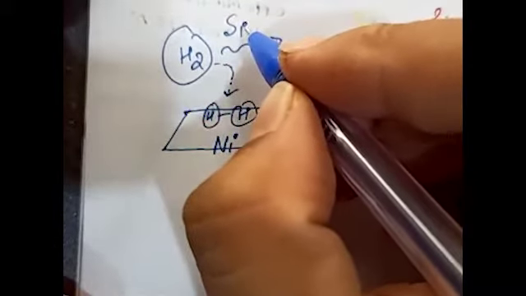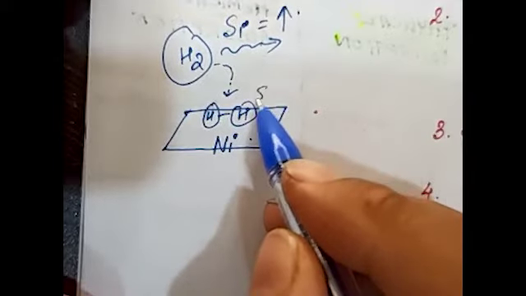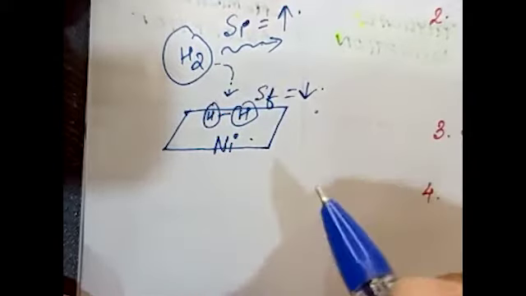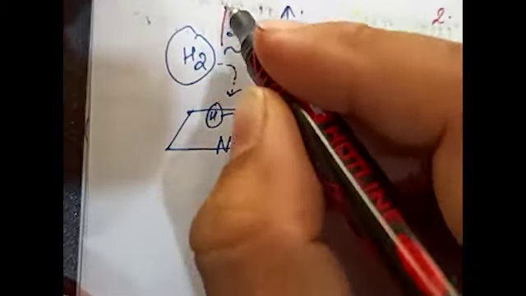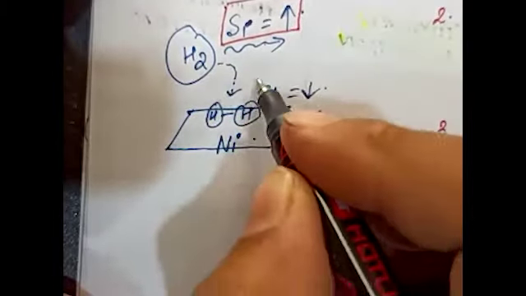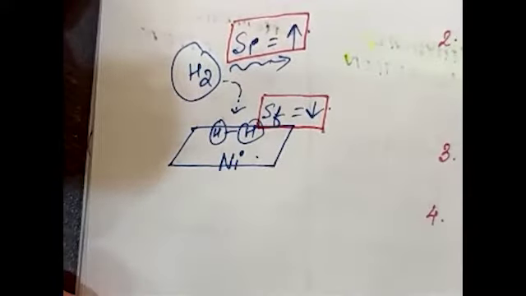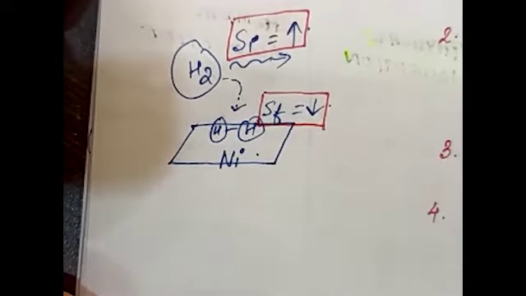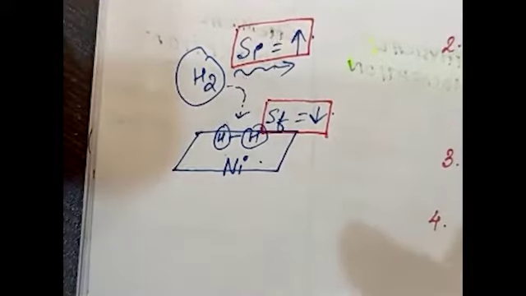सो पहले ये उड़ रहा था, it was having a higher entropy initially, दिस इज आई एस आई, मतलब इनिशियल एंट्रोपी इज हाई, ठीक है। एंड दिस हाइड्रोजन चिपक गया, तो इसका फाइनल एंट्रोपी हो जाएगा लो। इनिशियल एंट्रोपी हो गया हाई एंड फाइनल एंट्रोपी हो गया लो, क्योंकि ये आके चिपक गया, अभी ये मूवमेंट नहीं कर सकता है, इसका तो और कहीं हिलने उलने का चांस नहीं है, तो डिसऑर्डर होने का चांस नहीं है।